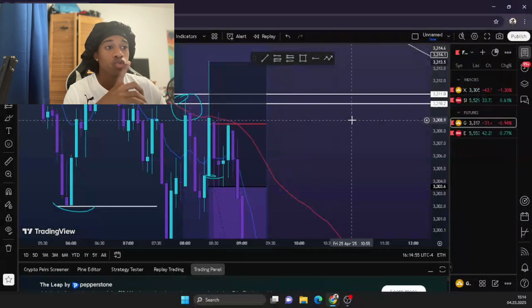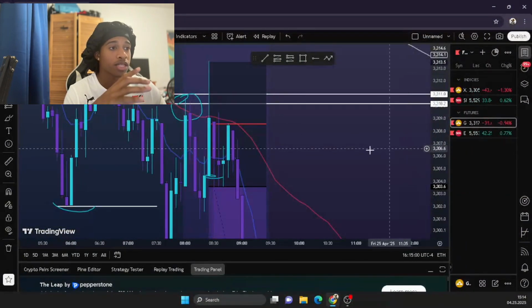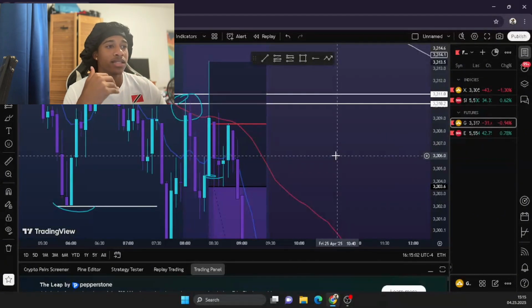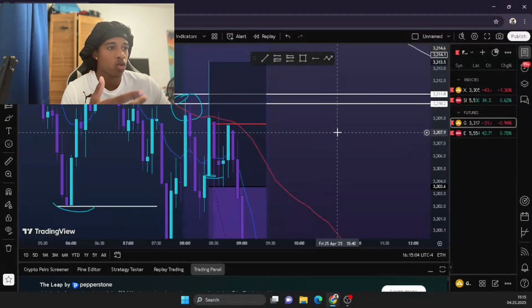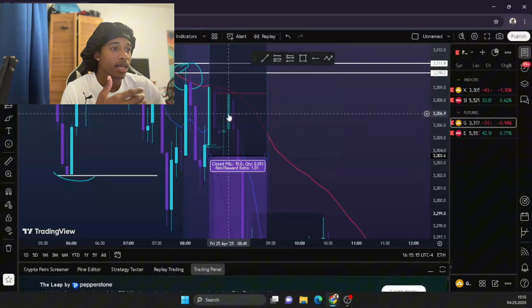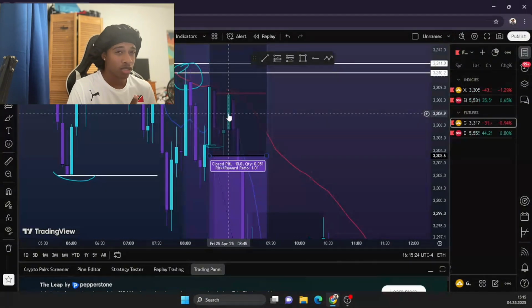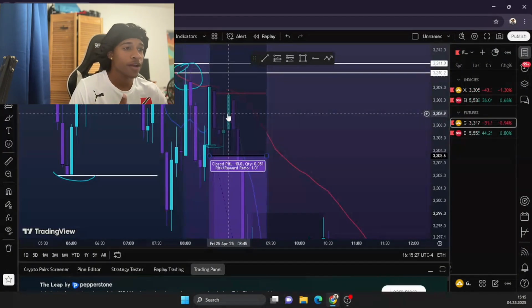We end up getting a huge rejection off of that, rejecting beautifully, and ending up closing below that 15 EMA. So I was like, okay, I can't stay in this trade. If price then decides to push up with a lot of momentum, then I'll take my exit. Price did not do that. Price started to slow down, and I was like, okay, we could actually get a push down very soon. This candle here, I believe this is 8:45, we got a bullish candle up, right? And I was like, okay, I might get an exit here. I might just take a $400 loss, nothing too crazy, right?